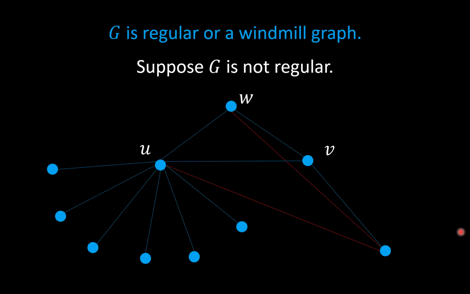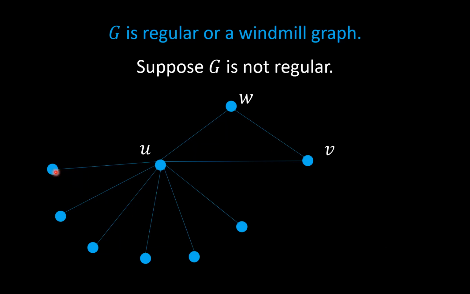Okay, and this is true if we have an edge connecting any neighbor of U to this vertex: it will form a 4-cycle, violating the conditions of the friendship theorem. And so this vertex can't be there because now it's impossible for it to have a common neighbor with V. So it's not there.